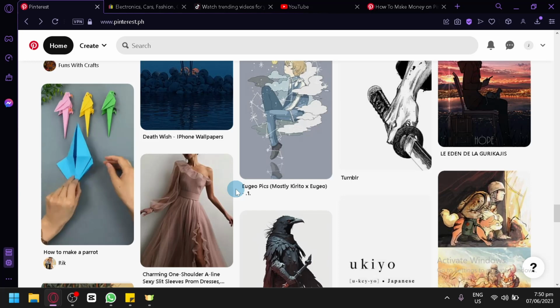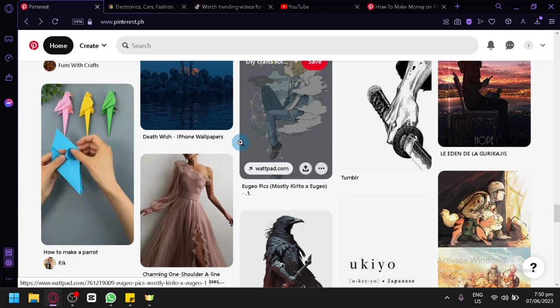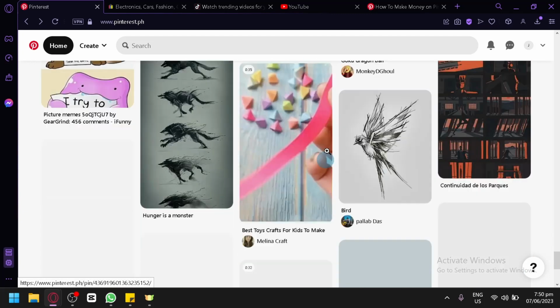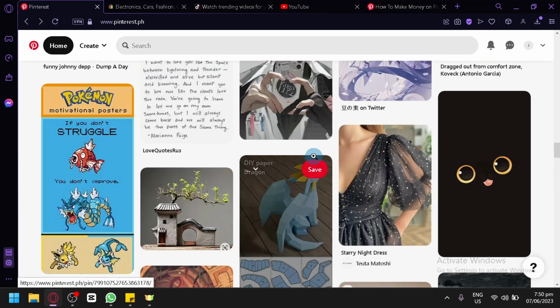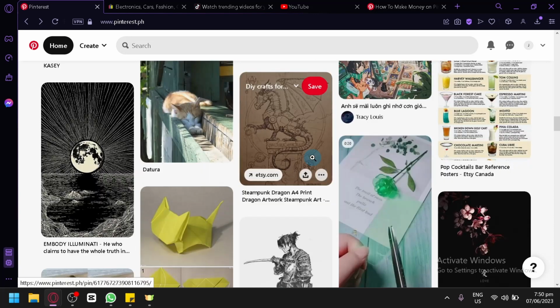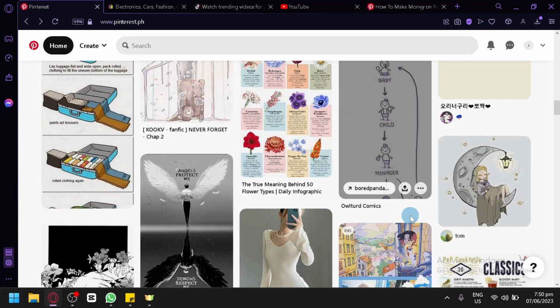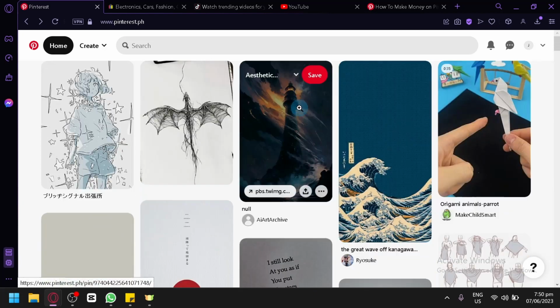For example, you're trying to get monetized on TikTok and there are a lot of requirements for that. For example, we have the TikTok Shop, which will only be opened if you have 1,000 followers. You could use Pinterest to help you gain 1,000 followers by simply posting your videos here as well. And then, like I said, you will be adding your link, and when they click or open the link that you have posted, they will be redirected to your page, and if by some luck they follow you, you will be able to start gaining followers through your Pinterest account over here.